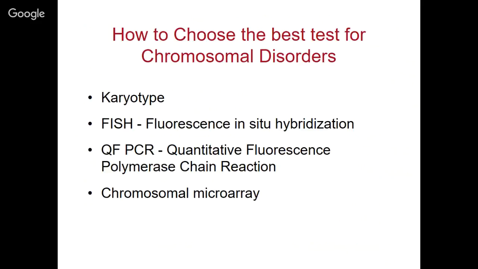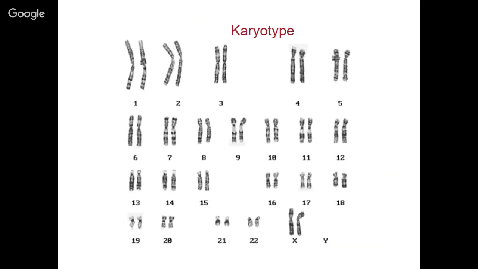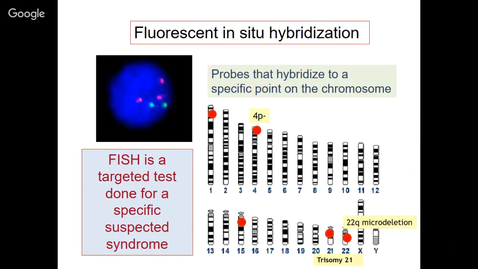So we know that there are 4 kinds of tests to look at the chromosomes. The first is the karyotype, which looks at the 23 pairs of chromosomes. And because we know that these 5 chromosomes are the commonest ones which are associated either with antenatally detected anomalies or with an abnormal screen, we have various technologies like the FISH and the QF-PCR, which can look at these 5 chromosomes. In addition, the FISH test, which is the fluorescent in situ hybridization,